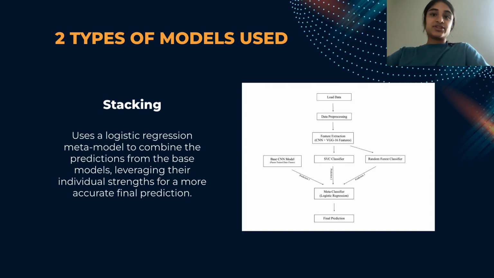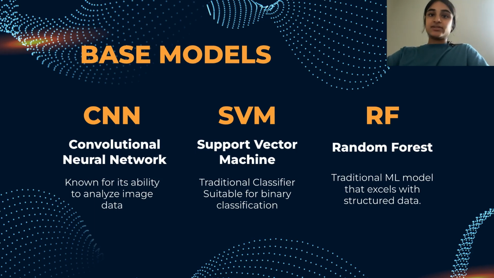In this case, a logistic regression meta-learner is trained to combine the outputs of the base models in a way that optimally balances their strengths. This allows the ensemble to learn how much weight to give each base model under different conditions, creating a more accurate final prediction. So the models I selected for this study include 2 traditional machine learning classifiers, which were support